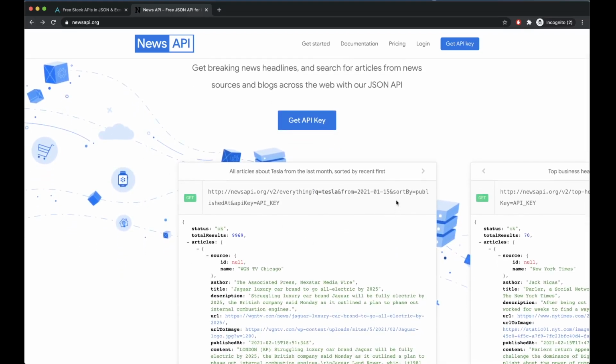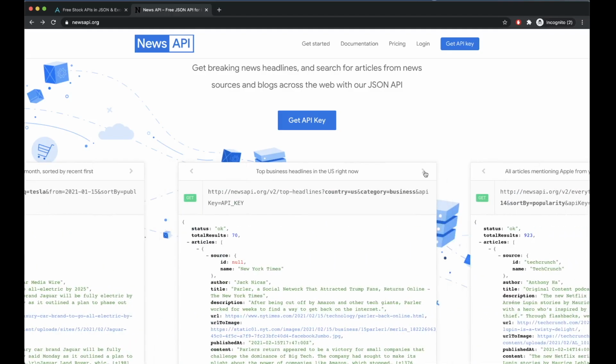The good part about News API is you can search based on different criteria. One of the things that we're going to be using is the business category. We're going to get top business headlines in the US by using this API endpoint for top headlines, country US, category business.